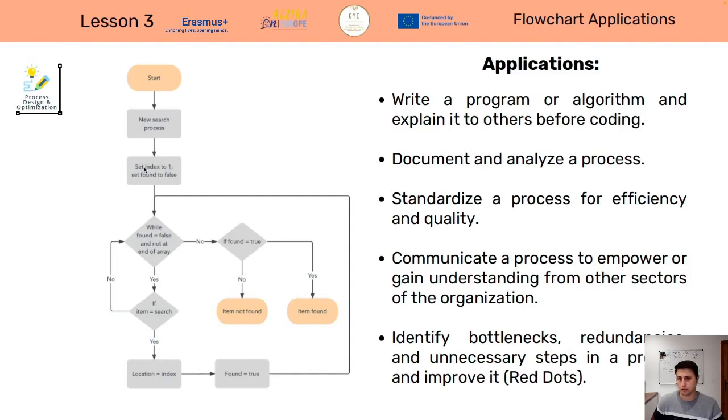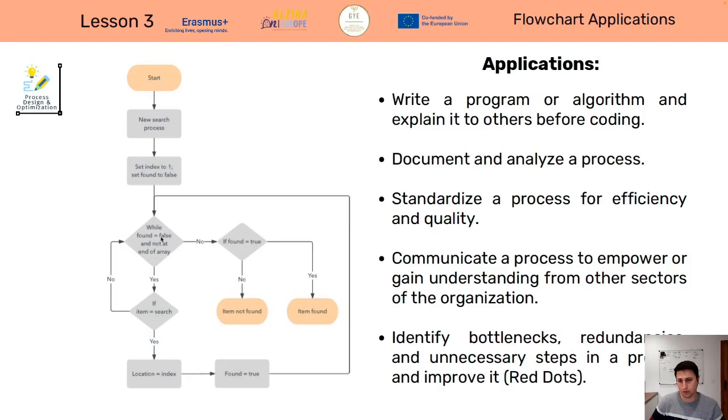This is another example about a search bar in a website, for example, on how the algorithm would work. Start new search process at index equal to one. It's a variable, and set found variable to false. Okay, and here it says while found is equal to false and not the end of the column or the end of the list, the file, it will continue checking.